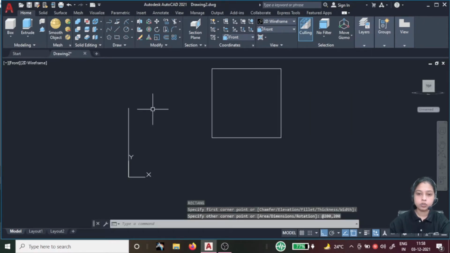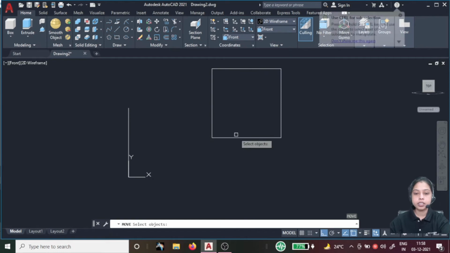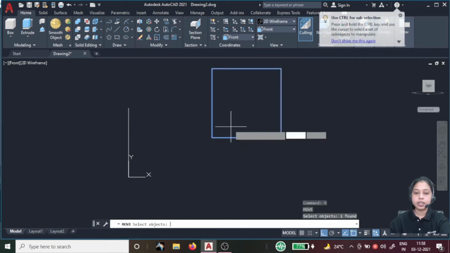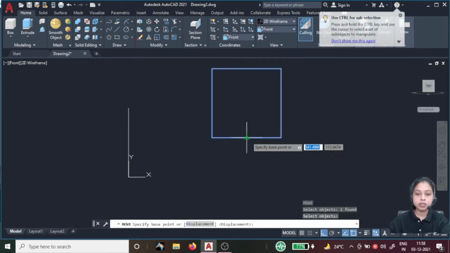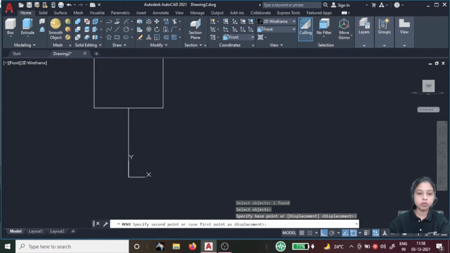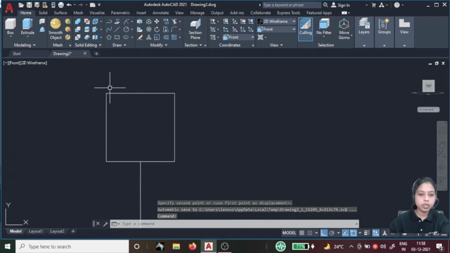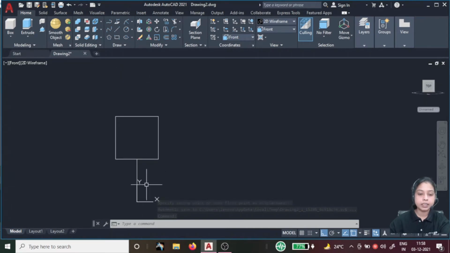Enter. So this is my rectangle. I need to move this end point of my entity, so go for the move, M, enter, select my entity, enter, and select this midpoint to this end point. Now I have this much height to create the profile of my tire.